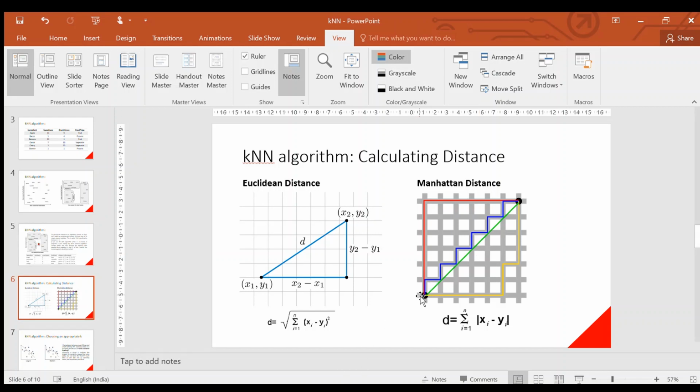The person has to go like this, or like this, or along this yellow line. Often we take a diagonal line and directly connect the points, but in Manhattan distance we often cannot fly from this point to this point directly. We have to take another route. So Manhattan distance takes the absolute distance from point X to point Y.